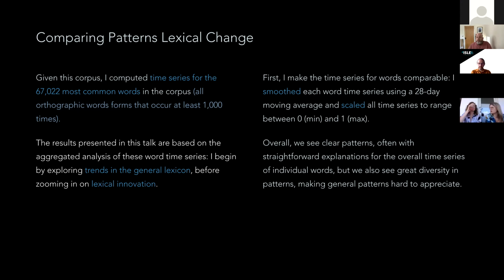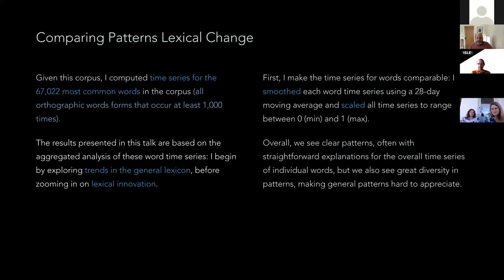And I've also scaled them all, meaning that instead of having this sort of moving y-axis, they're all now measured between 0 and 1. So for every one of these words, its lowest frequency day is marked as 0. Its highest frequency day over the 400 days or so is marked as 1. And then everything else gets scaled in between. So the shapes don't change, but now we can look at all these shapes and compare them directly